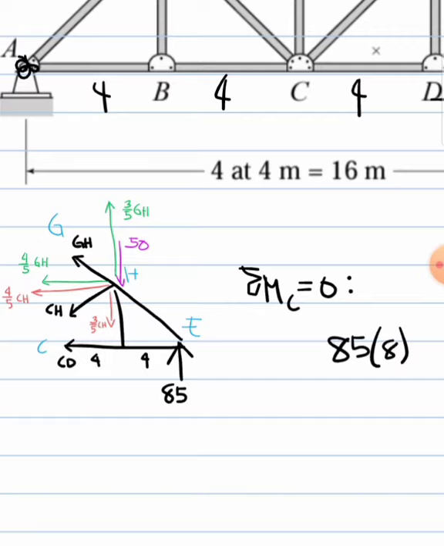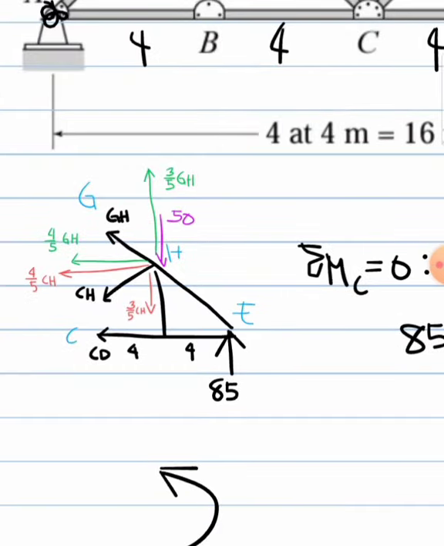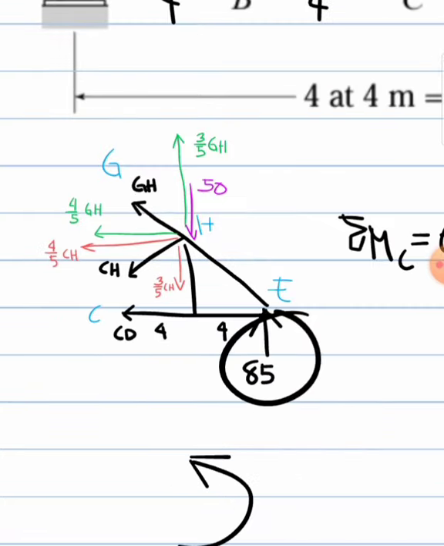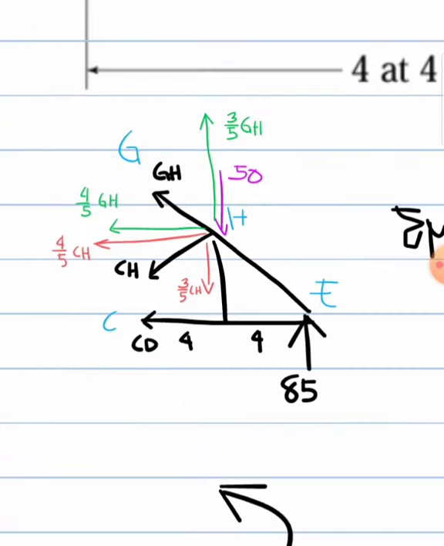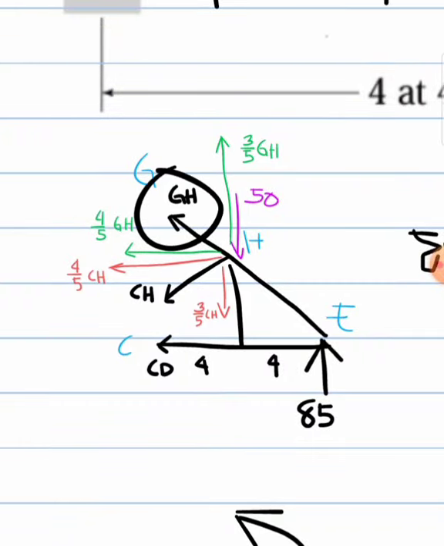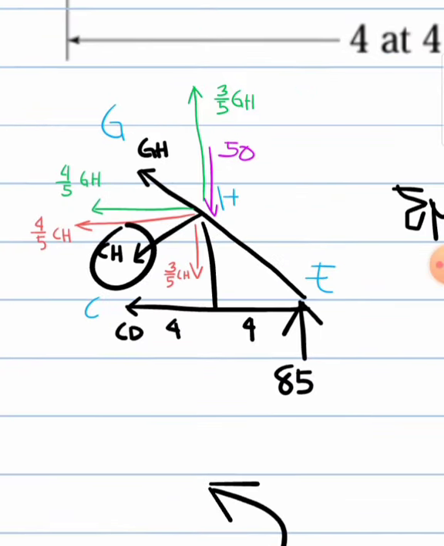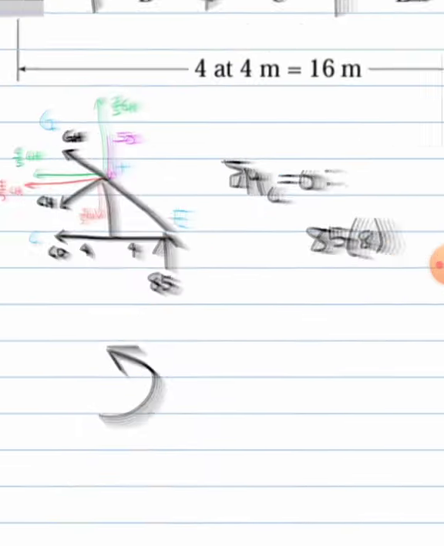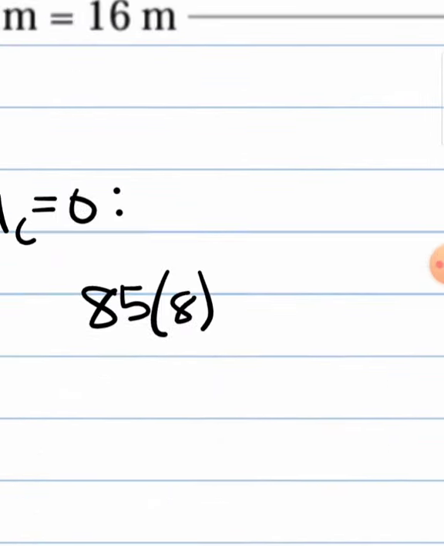We add the force that is also causing counterclockwise, right? Since the only force that could cause counterclockwise aside from 85 here, if we take moment at C, is this GH, right? Since CH and CD will just cancel out, we could say that 85 times 8 plus